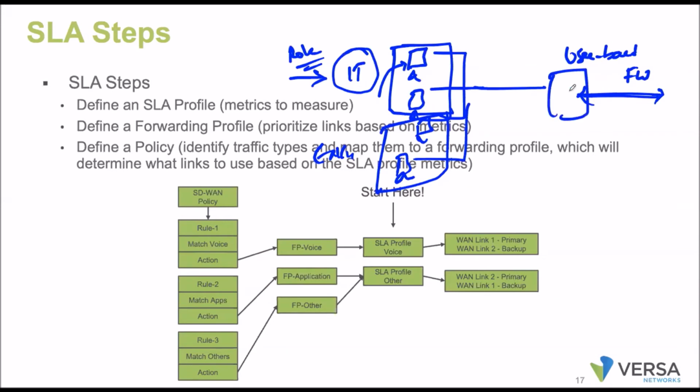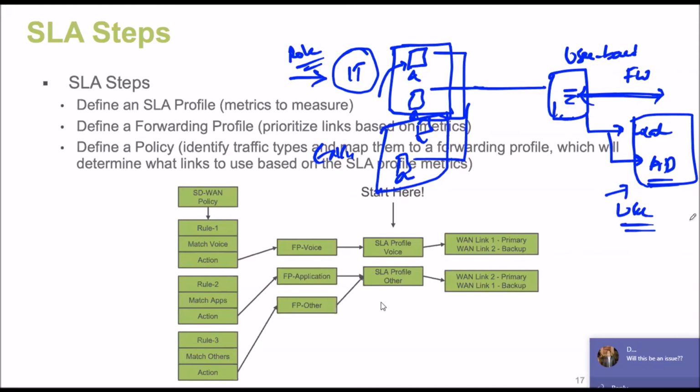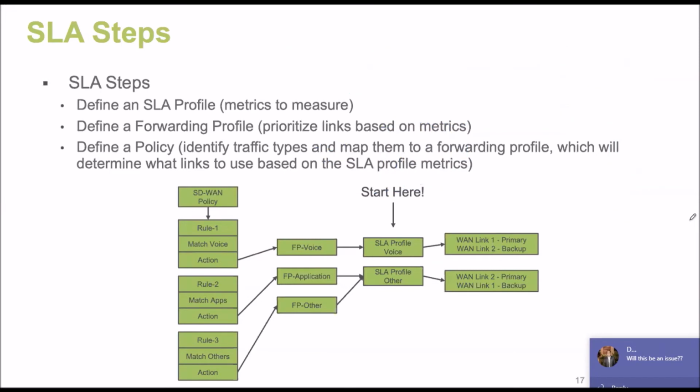Okay. Now in order to do that, what Versa has to do, either it has to go with a local database or it has to be integrated with any of the third-party servers like AD. But this can also be achieved with the next generation firewall feature. Yeah, so you can use that. I mean, Versa is able to do that user-based firewalling. Due to that, in the SD-WAN policies as well, you can make use of the user information.